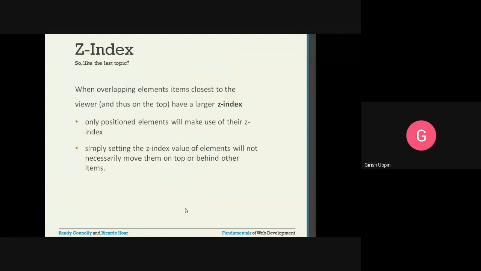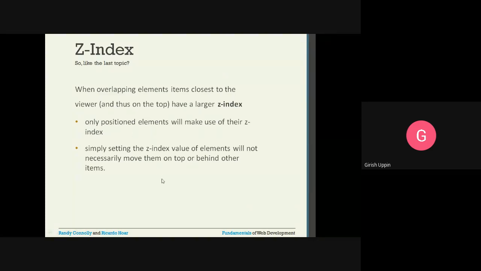Next is Z index. When elements overlap, items closest to the viewer have the larger Z index. Sometimes if we have overlapping elements, whichever is closest to the viewer, whichever is on top, will have the larger Z index value. Only positioned elements will make use of their Z index.